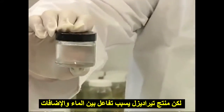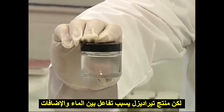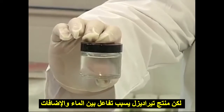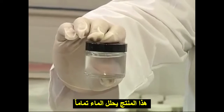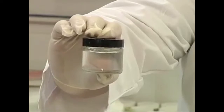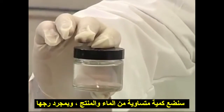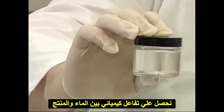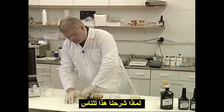Our product, the TerraDiesel fuel product, actually causes a chemical reaction between the water and the additive. And this product will actually totally disperse water. So we mix this 50-50 with water, and with just a tiny bit of agitation, we have a chemical reaction that's taken place. And the way that we demonstrate this to people